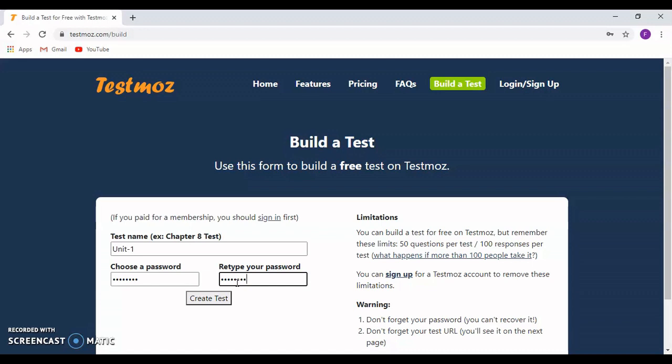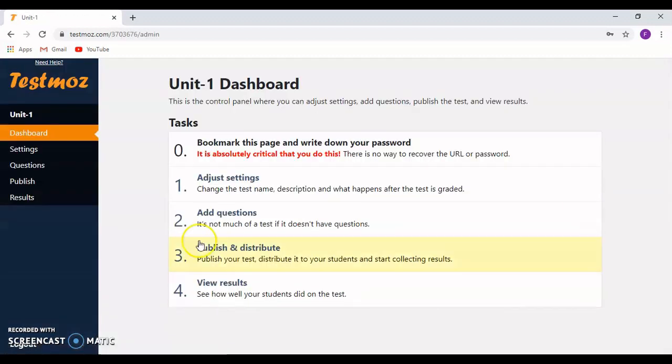In case in future you want to edit the questions or change the settings of the quiz, we need the password. We cannot recover it since we have not used any personal info here to create our test. Here the warnings are given. Only members have an account and they can remove these limitations and recover their password. Now I click on create test.